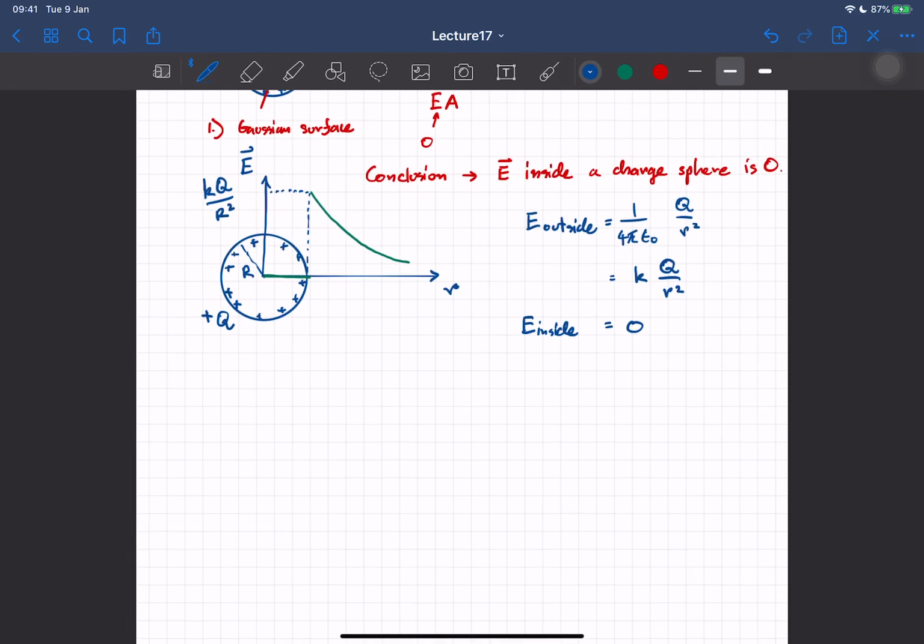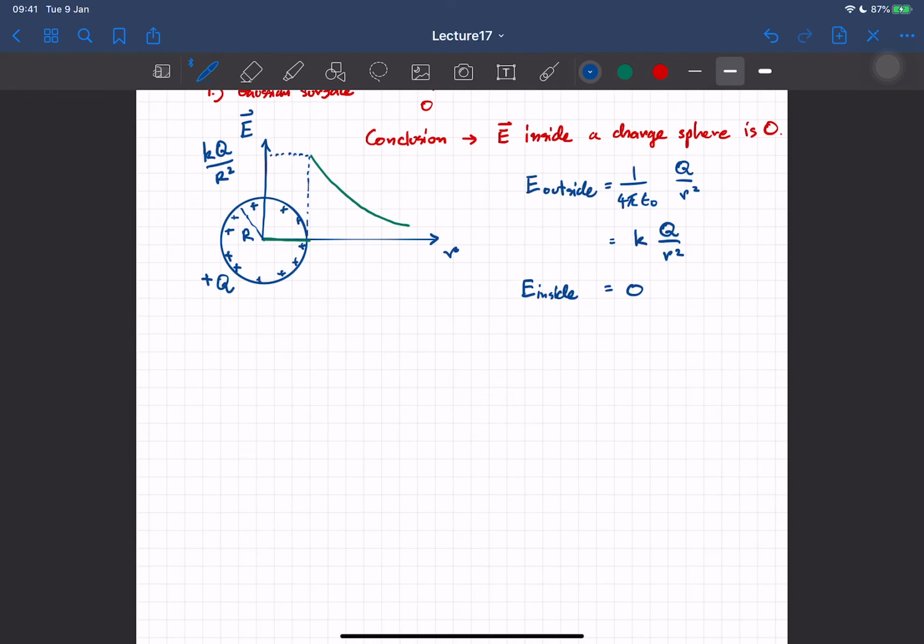For example, if you have a charge which is plus Q and another plus Q here, and you want to know the electric field at this point P, you can just write E here and add them up. But let's say you want to use Gauss's law to calculate this. It's very difficult because what kind of surface I should choose is not so obvious. I cannot choose a sphere,